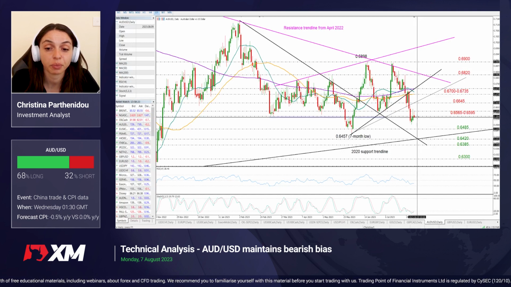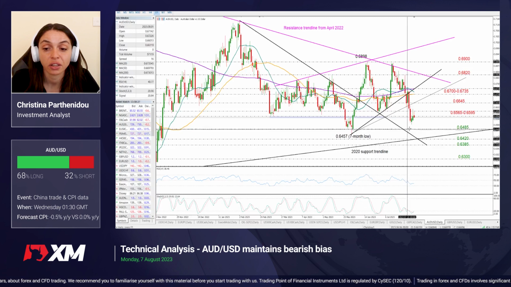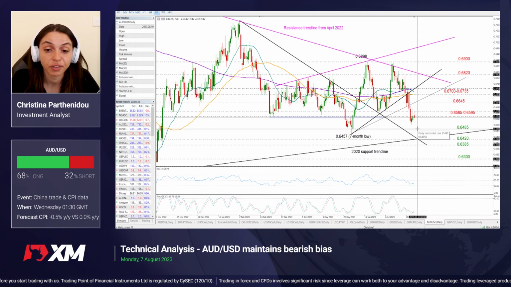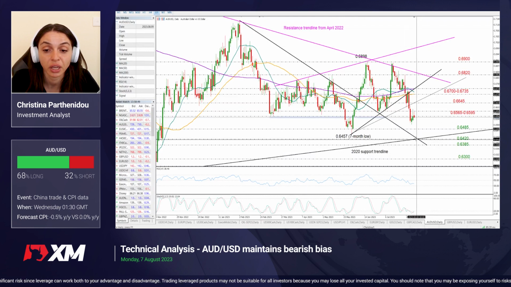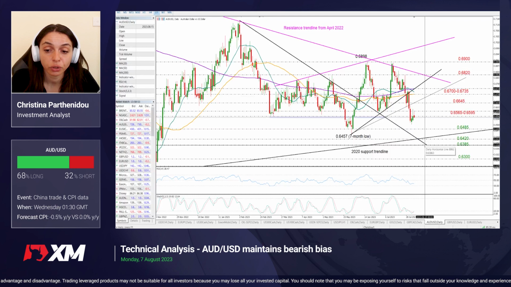And if that proves to be the case, we may see Aussie dollar reversing lower to test the 0.6485 zone, where it bounced back at the start of June. If that fails to hold, then the sell-off could stretch towards the important 0.6420 area, where the 2020 support trend line and this ascending line coming from February 2023 are intersecting each other at the moment. Not far below that, the